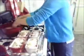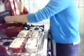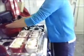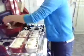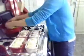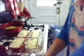Right. 1 more. That one's not fully soaked in. Crap. Oh, there we go. That's a good one. Okay. Some more